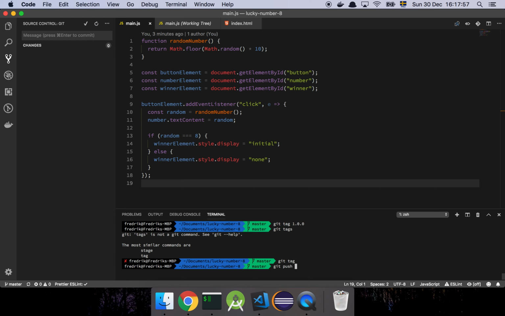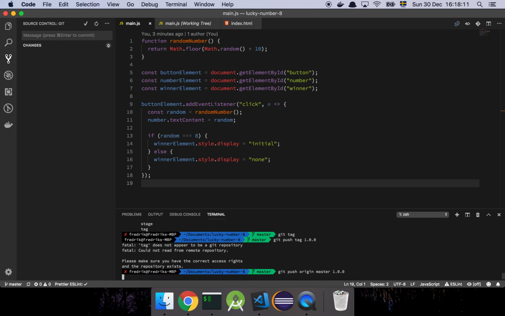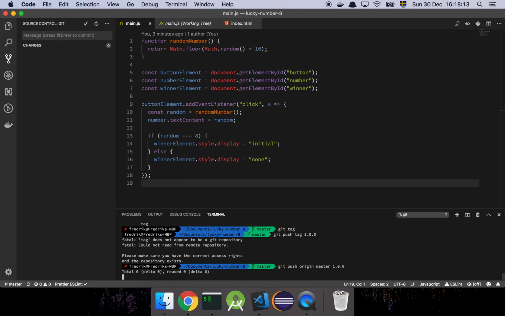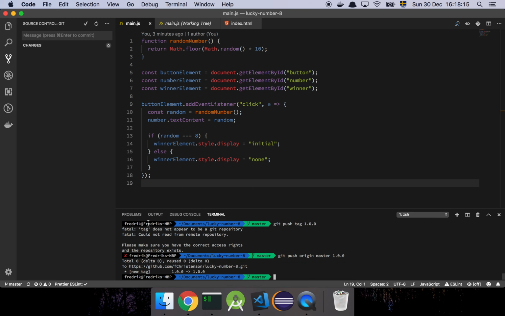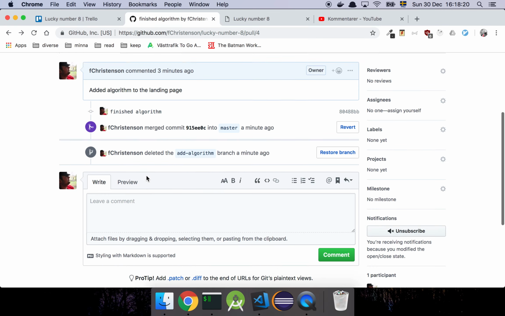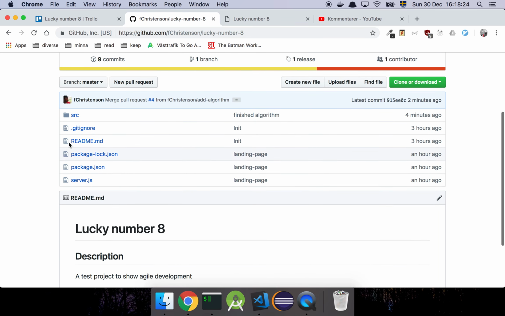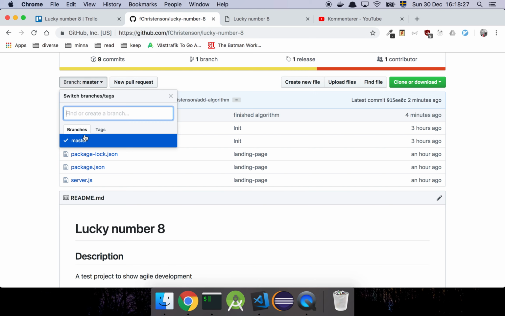And let's push that tag. Let's see here, git push tag. Let's do that actually. There we are. So we push the tag. Here we are. And if we go to our code here, we will see that we are on master here and we have our branches, and then we can go to the tag sections, and here we actually now have